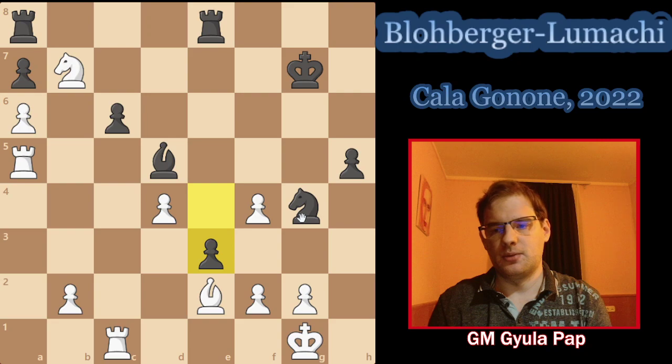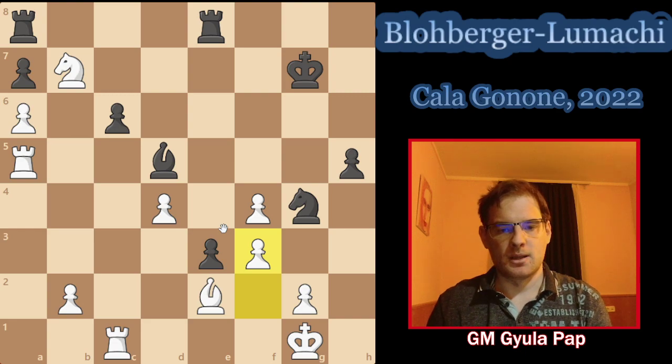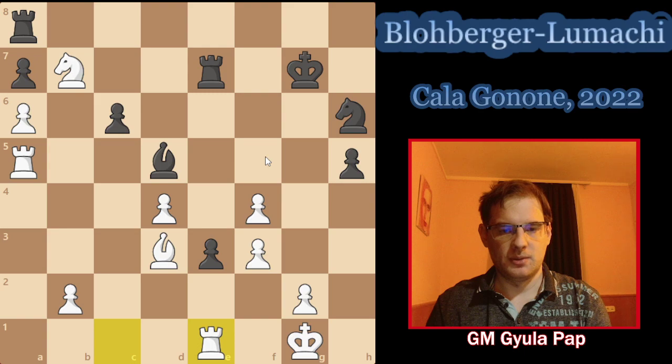So now, of course, for a second, we have to be careful not to allow any activity for the black pieces, but the move is easy, f3. Keep it closed, knight h6, knight f5 is coming. So bishop d3, rook e7, rook e1, rook f8, and